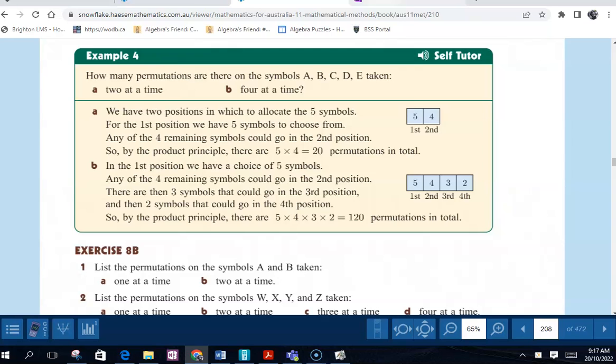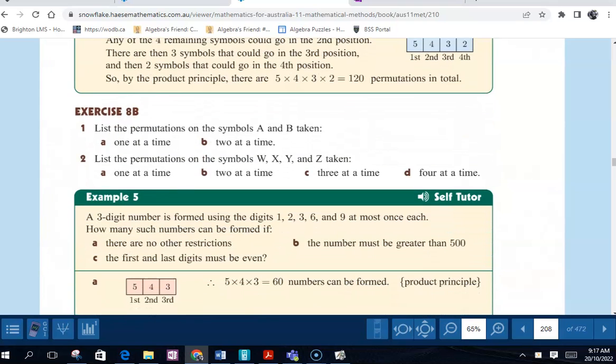Okay. So are we happy to dive in? Shall we do the first ones? Oh, let's not even bother with the first one. List the permutations on the symbols A and B, taken one at a time. Well, you could have A, or you could have, oh, what a surprise, B. 2 choices. And if you take them 2 at a time,